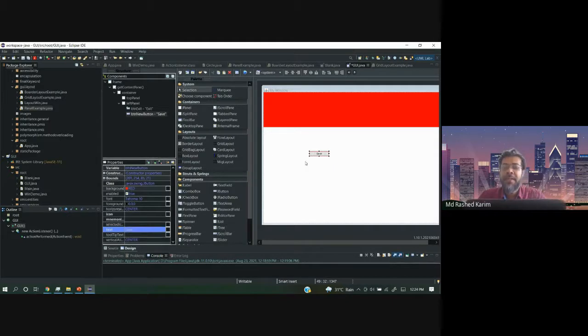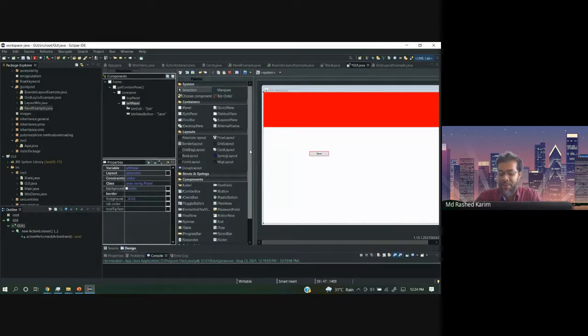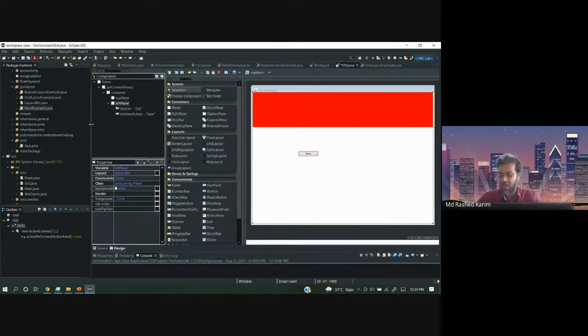Now the button is changing. But when you go to the source, you see the button will be there, the color is red, the position is set. So it is very easy to draw, so you don't memorize everything. So there is a mode, design mode. I will teach you next day, because this is almost